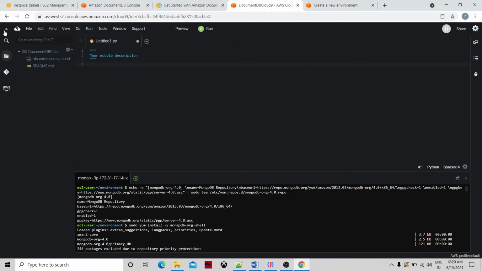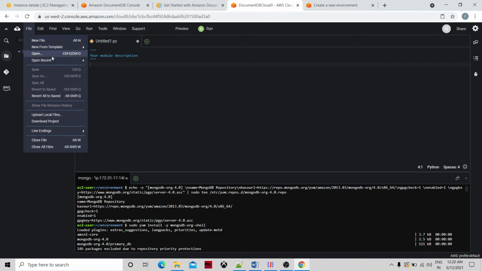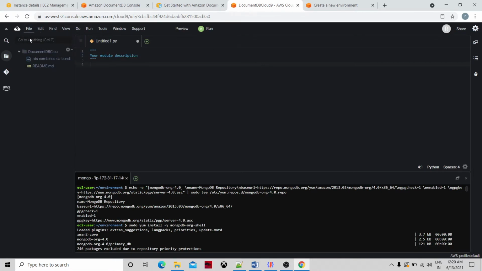This is an editor actually. You can create a new file or open an existing file and edit it. You can create your Python program over here and run the programs, create packages, and build a whole application. Then you can create the repository. If you click here, you can see initialize repository. You can initialize the repository, clone the repository, bundle all your code into the repository, and create many more applications and then deploy them into the cloud.